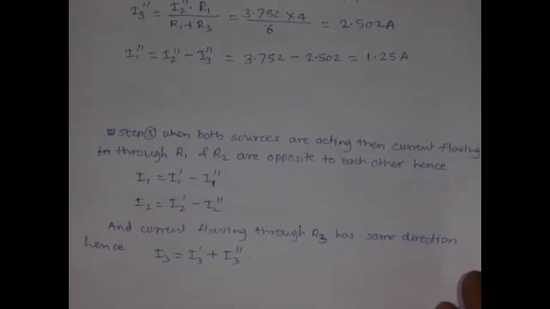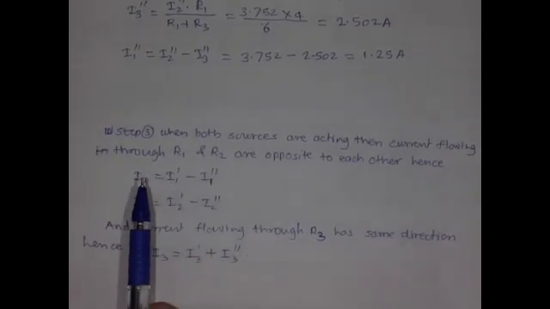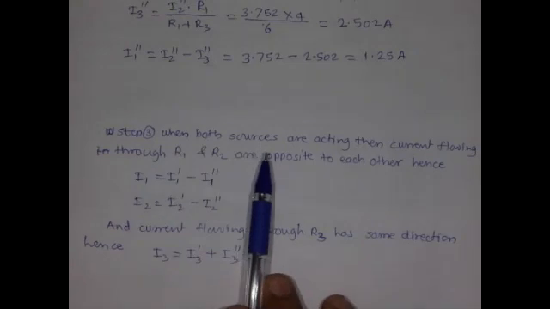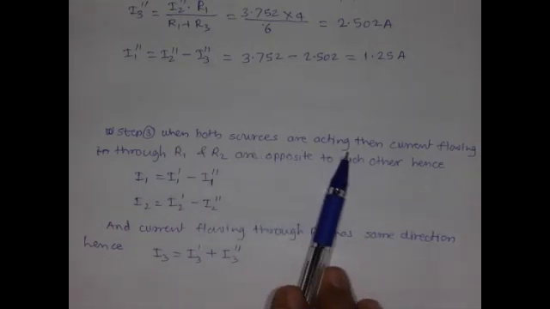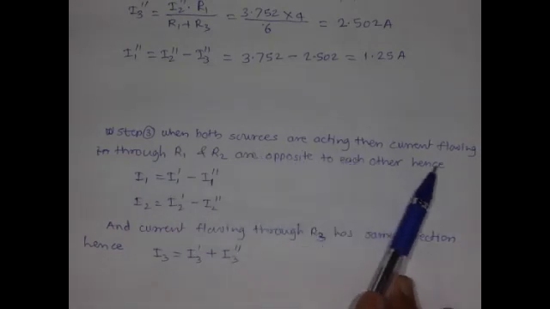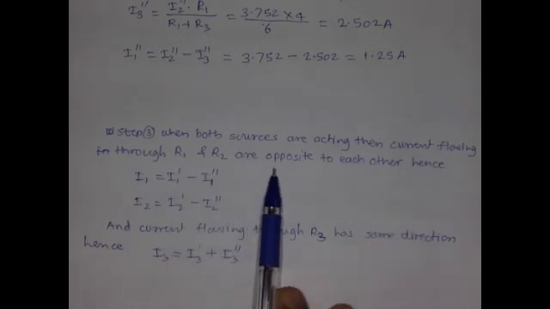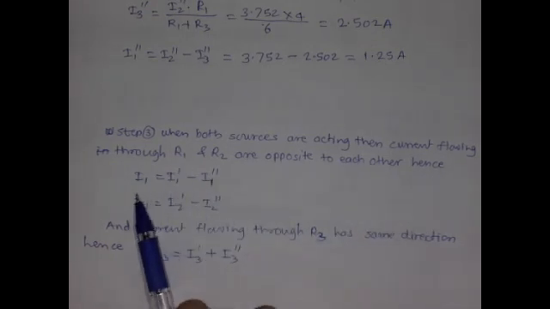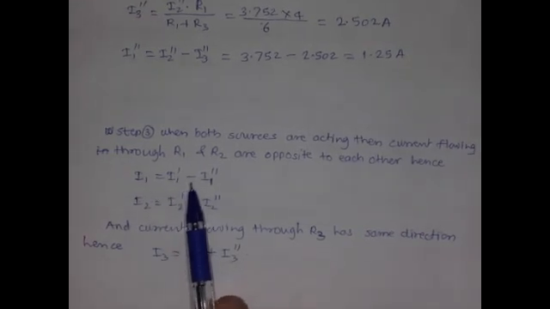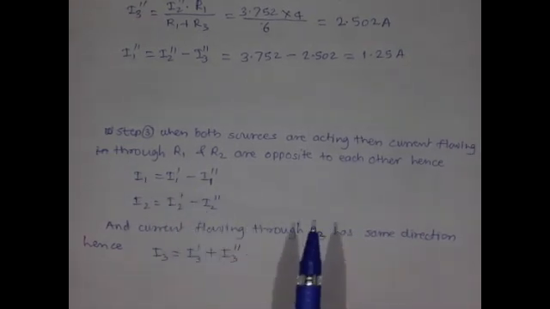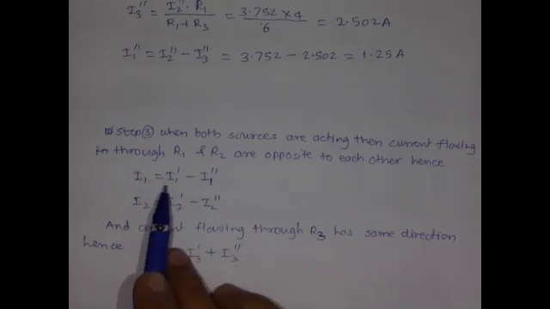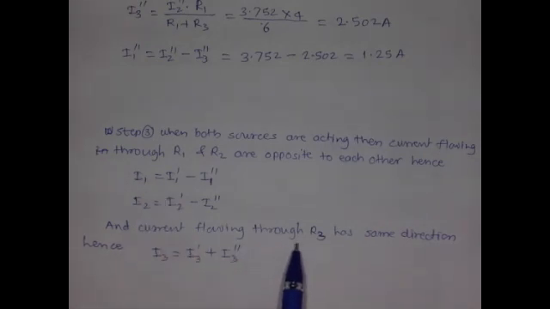Now we have to get the current components, both I1 dash, I2 dash and I1 double dash, I2 double dash. Here we have to make the third condition, that is step 3, when both sources are acting. When both sources are connected, the current flowing through R1 and R2 is opposite to each other, therefore instead of getting the summation, here we have to make the subtraction values for I1 and I2. The current flowing through R3 has the same direction, hence I3 equals I3 dash plus I3 double dash,